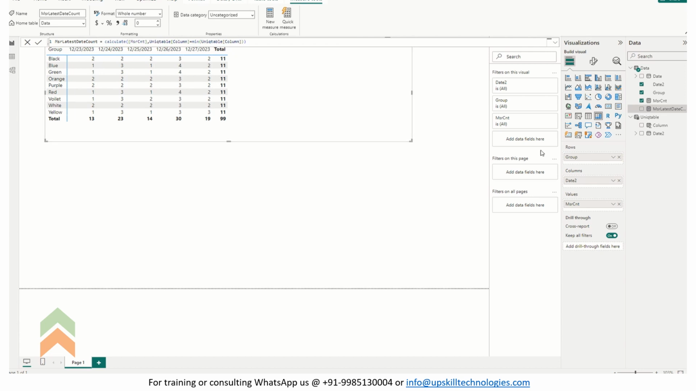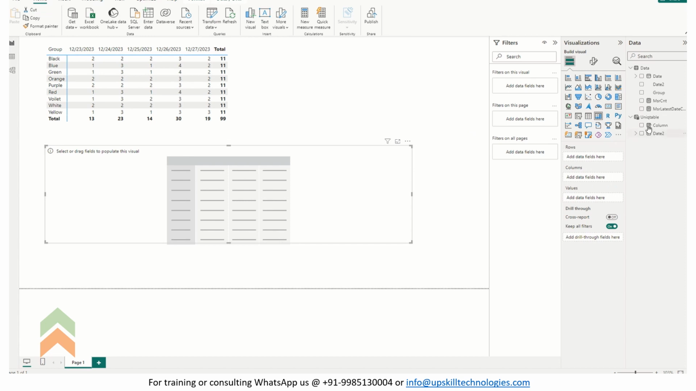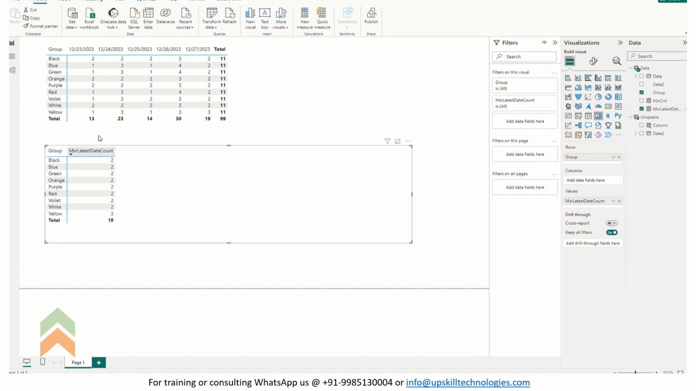So just to see if this works, I'm gonna put another matrix and put the group here and put MSR latest date. So if you see, out of all these dates, only 19 has come in because that's the latest date, right? And similarly, I would go and write another measure, which would be for previous date,